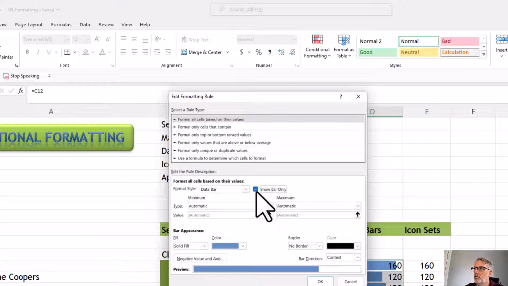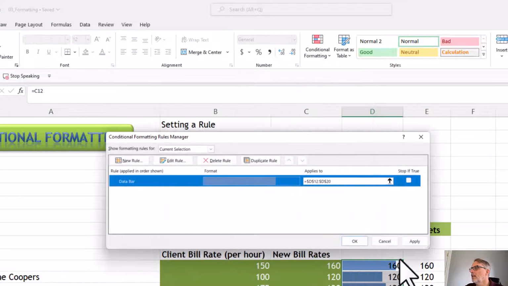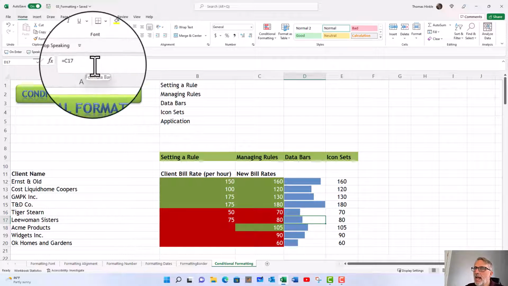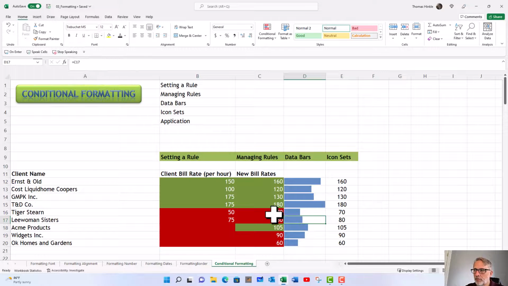That'll hide the numbers. And we'll click OK and apply. And now you see that looks much better. One of the things I want to show you real quick though is, even though we're showing the data bars, look back up at our formula bar. It still has the formula of where that number is coming from. So like I said, the formula bar will always tell you what's in the cell, no matter what we're presenting